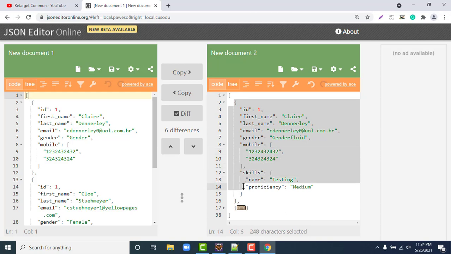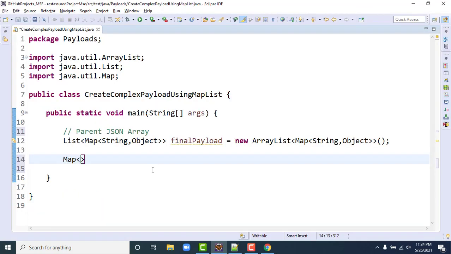For this much, I need to have one map. So let me create a map of string and object. I've already explained why I'm taking the value generic as object here, so you can go and watch there.